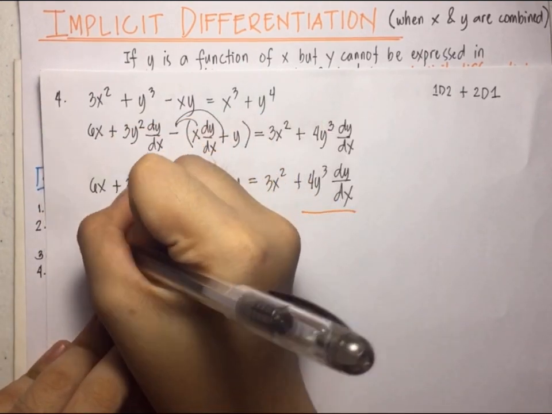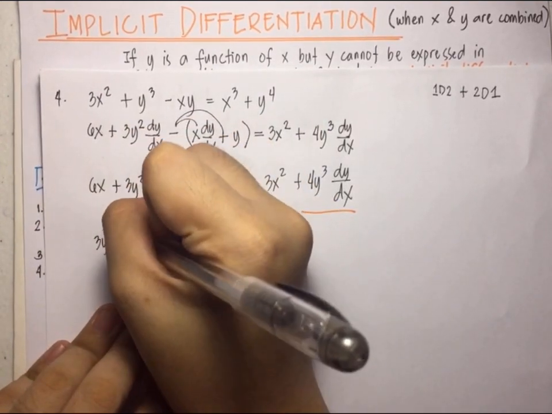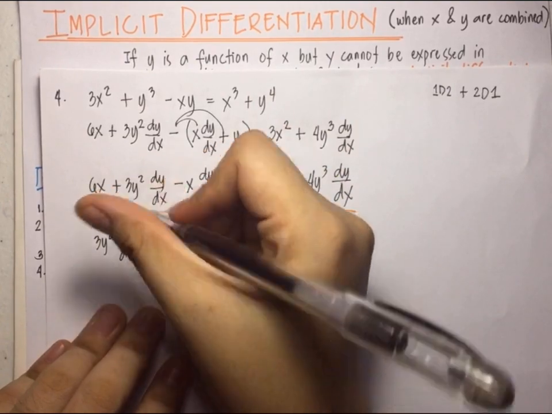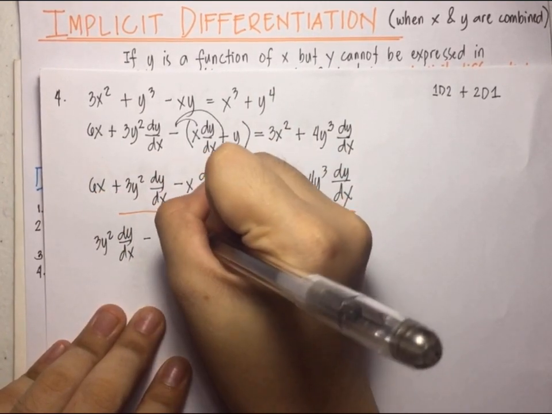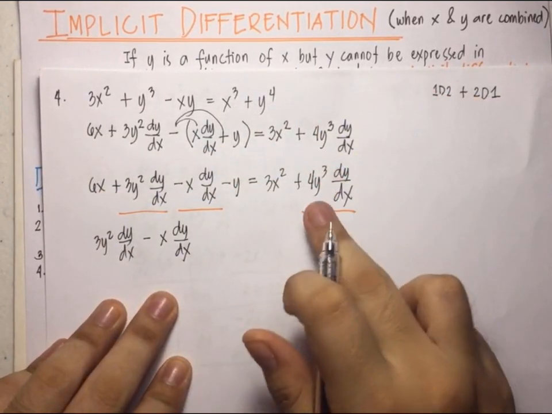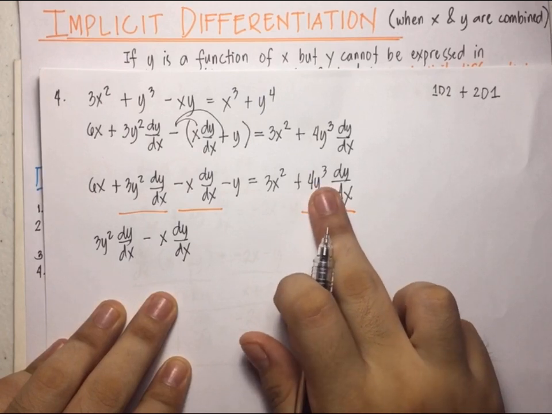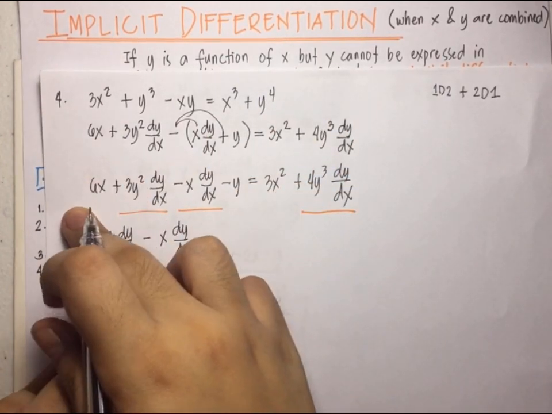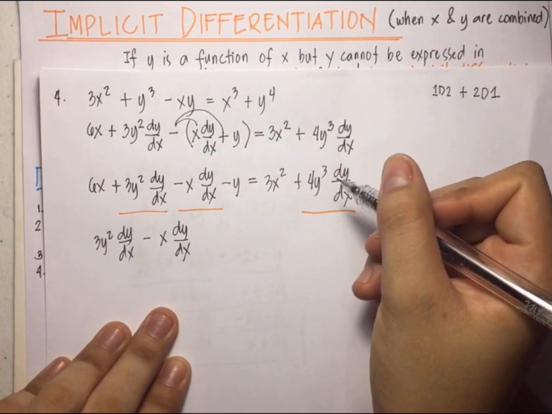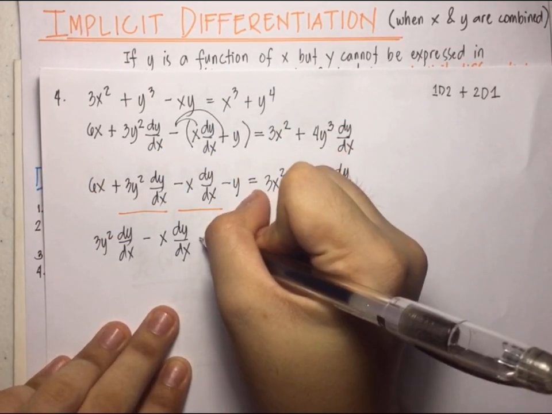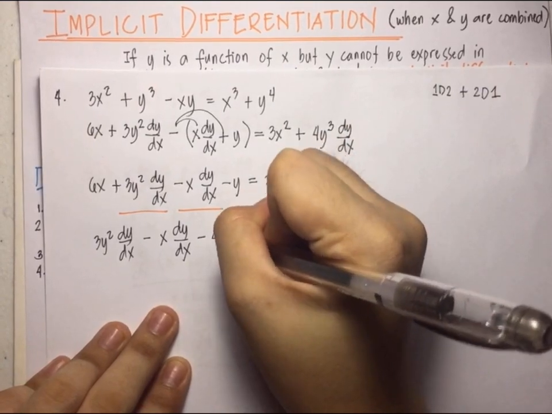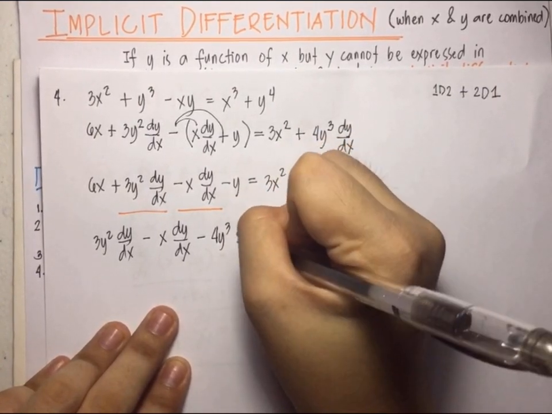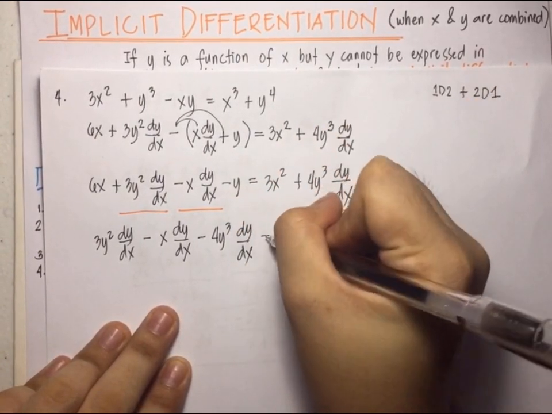So we copy 3y squared times dy over dx minus x times dy over dx, and 4y cubed times dy over dx will be moved to the left side, and from positive 4y cubed dy over dx, it will become minus 4y cubed times dy over dx equals,